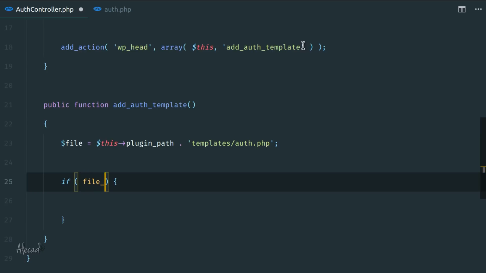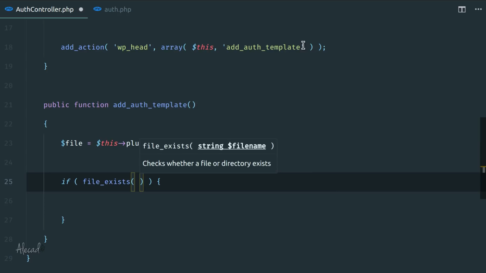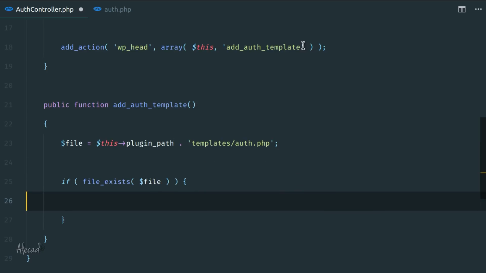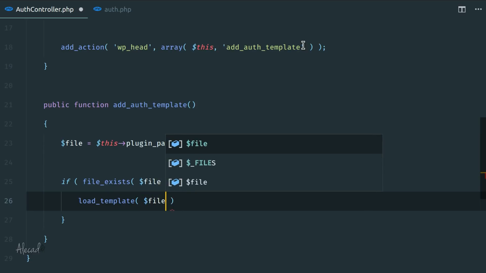I'm gonna check if the file exists. I'm gonna pass this file. Okay, if this file exists, we're all good. We can use a built-in method of WordPress once again to load the template, and the template needs one parameter,